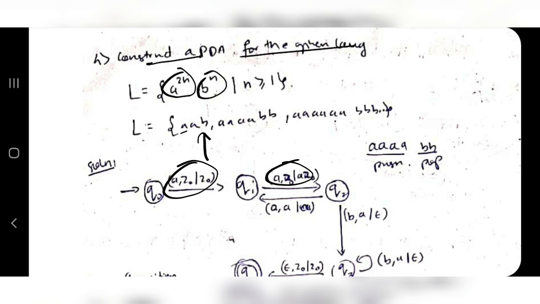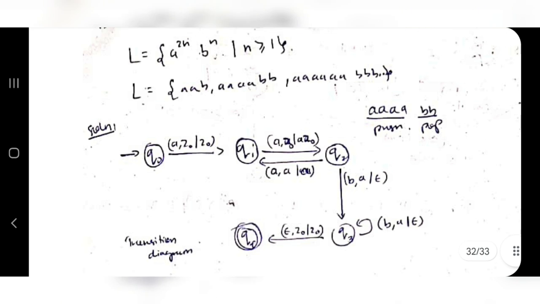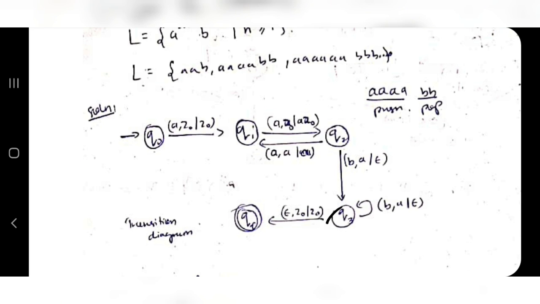Whenever I encounter two A's, then if I encounter a B, I'll be popping it. So two A's are encountered here, then if I encounter one B, I'll be popping it, and I'll be reaching here. Then in the same way, if I have n number of A's initially, that all will be present here. Whenever I encounter a B for each of these A's, then I'll be popping it. And if my string is over, I will be reaching the final state.